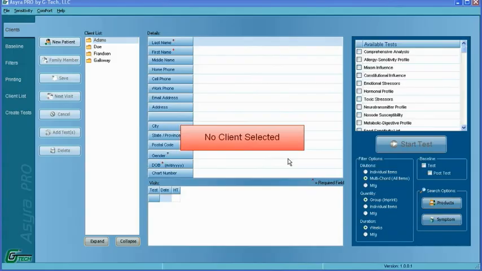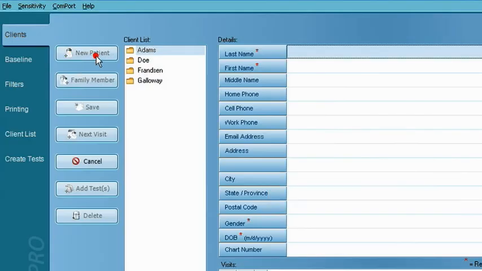What I'd like to do now is run through a complete visit so you can see how all the components, features, and functions integrate into a testing. If this is your first time in, we simply click the New button, click the last name, type in the last name,